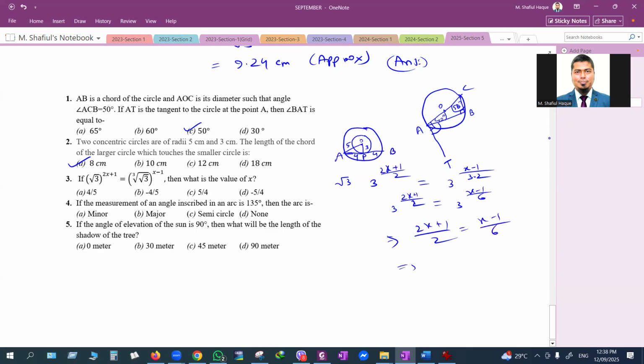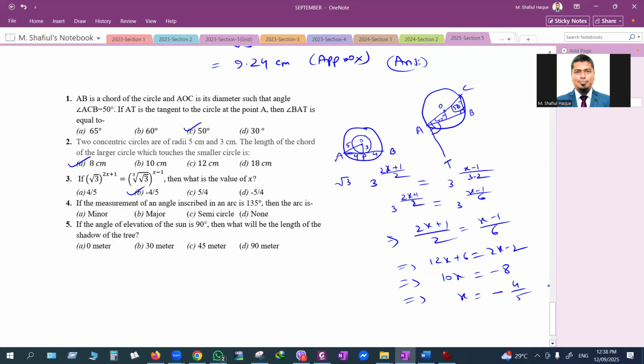So cross multiply, that is 12x plus 6, 2x minus 2. That is 10x is equal to minus 8. That is, x is equal to minus 4 by 5. And if the measurement of an angle inscribed in an arc is 135 degree, then the arc is